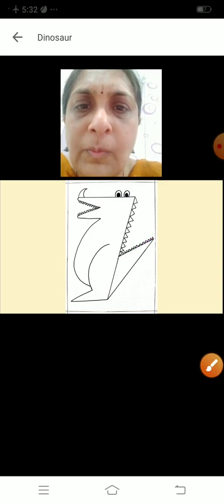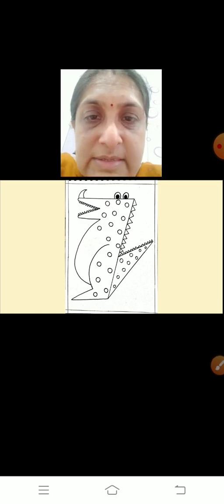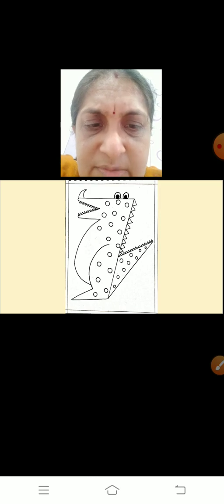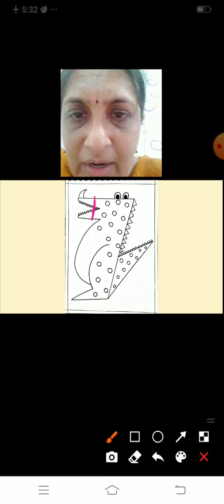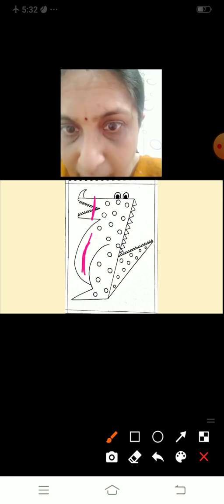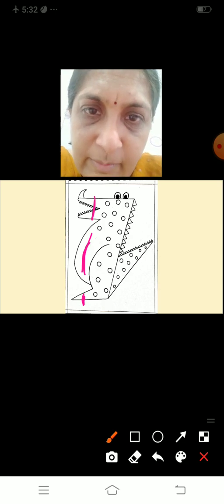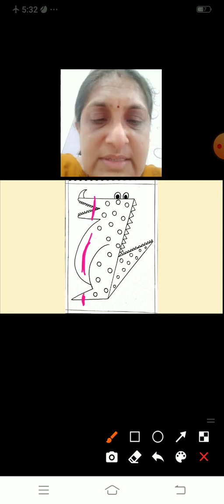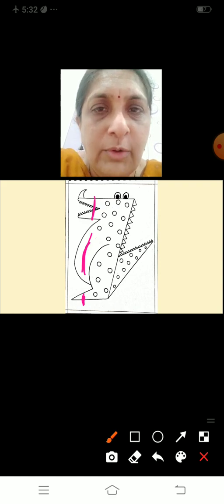Now we'll draw some circles. Small circles, but you will not draw the circles on the face, this mouth part, and the stomach part. Leave that and a little part of the leg. Leave that and on the remaining you draw small circles. Don't draw too many. Only a few, so that your work will be neat.